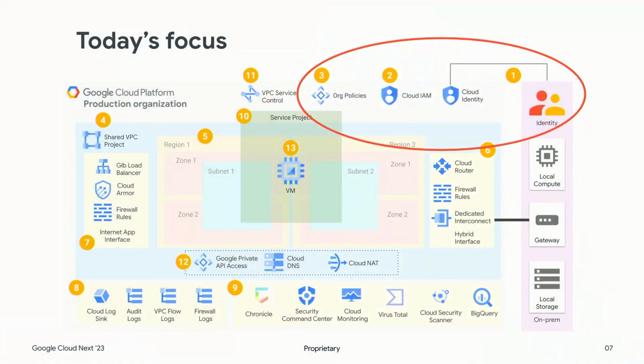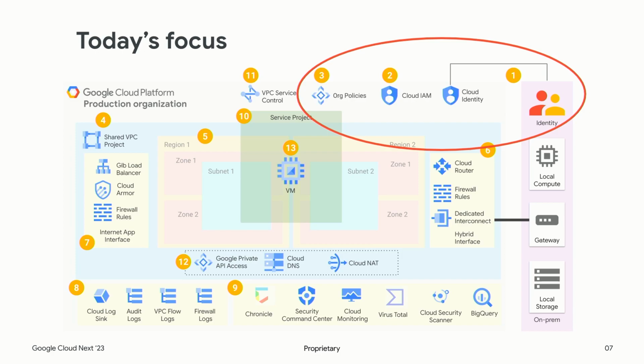So let's talk about IAM in the cloud. This is today's focus. When you look at this slide, if you don't already have it on your agenda, try to find a session. Manish, raise your hand. Ahmad, raise your hand. These guys work on our Security Foundations blueprint. This is part of what we talk about in that blueprint. All of these steps are things that we believe you need to do in order to create a secure, scalable, and self-healing environment. But the first three steps are most critical because the boundary is now the identity.